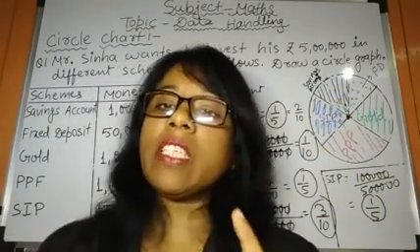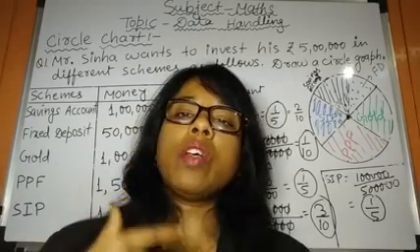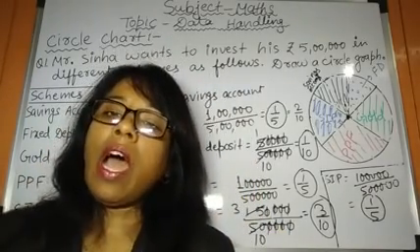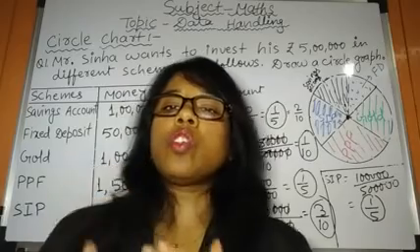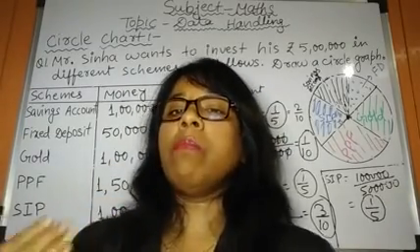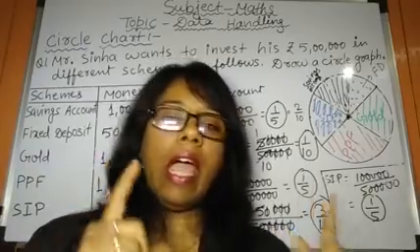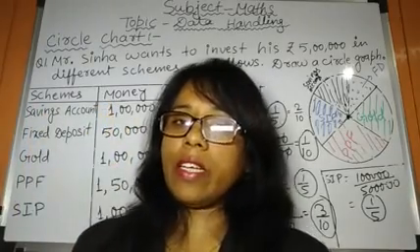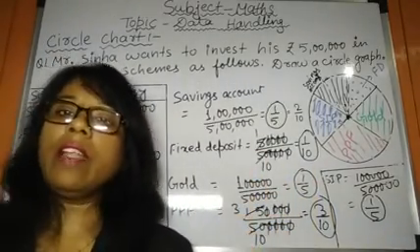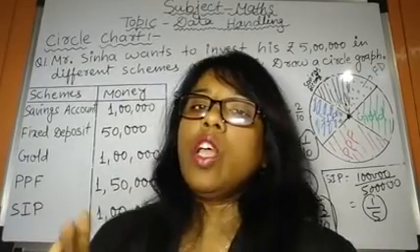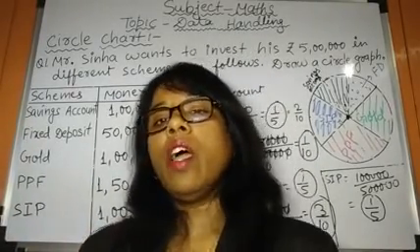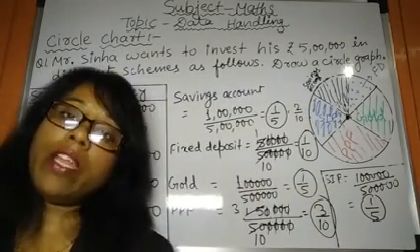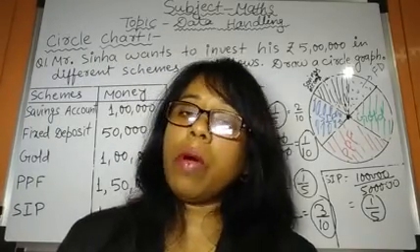Fine. So for making a circle graph, you have to keep in mind, first you have to change all the numbers, whether money numbers or resource numbers, into fractions. Then divide the circle into different sectors according to the fraction, and then color it with different colors, so it will be very easy to understand for which scheme you have spent how much. I hope you all understood about the circle chart.